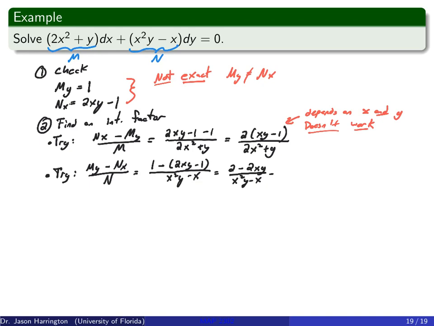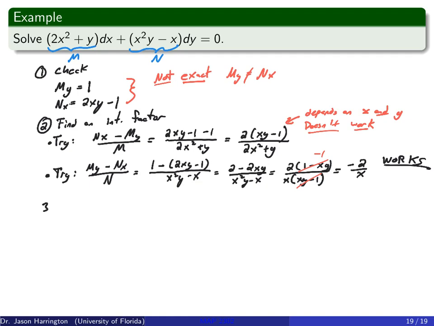So in the top I can go ahead and factor out a 2, giving 1 minus xy, and in the bottom I can factor out an x, which leaves xy minus 1. Aha! These two things cancel, leaving me negative 1. So this whole thing just simplifies down to negative 2 over x. And yes, this little guy works. Now if it didn't work, then you can't use an integrating factor, which is sometimes possible. You have to use a different technique if that doesn't work.